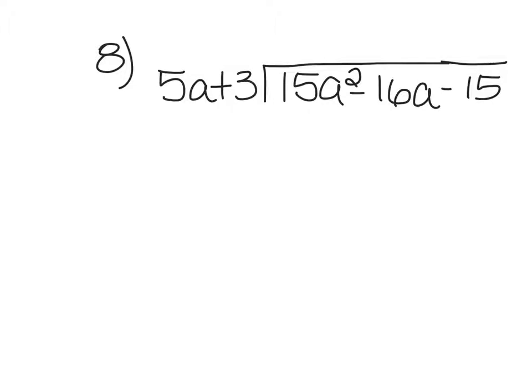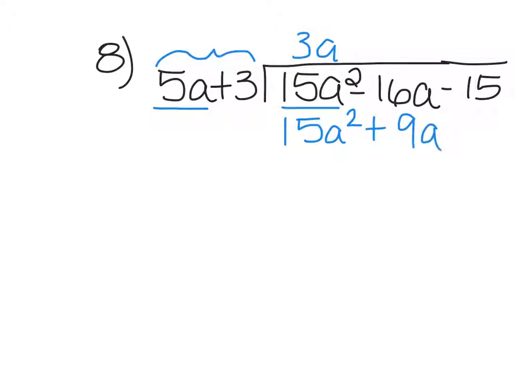So first thing I need to do is look at the first term of the divisor and the first term here in the dividend. I ask myself, how many times does 5 go into 15? Well, that would be 3. And a times what would give me a squared? That would be a. So now I need to multiply 3a times all of this. So 5a times 3a is 15a squared, and 3 times 3a is positive